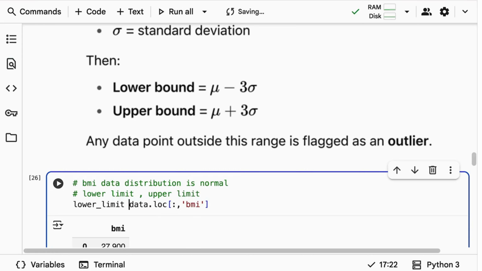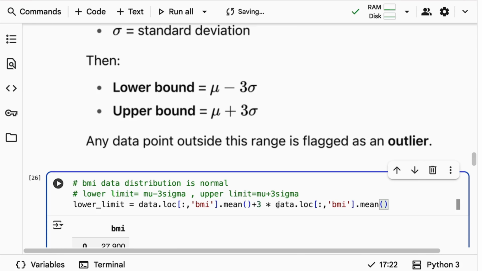Okay, now let's define the lower limit. You can just find the mean first, because mu minus 3 sigma is the lower limit formula. And similarly, for the upper limit, we have mu plus 3 sigma. Only the sign difference you could see, right? So fetch the data first, just use .mean. That's going to help you in finding the mean. Minus, oh sorry, I gave a plus. It should be minus. And then it should be 3 times the standard deviation. Take the same column, data.loc[:, 'bmi'].std. Okay, so this is going to be the lower limit. And sorry, yeah, there is a minus sign. It's not a plus, it should be minus.